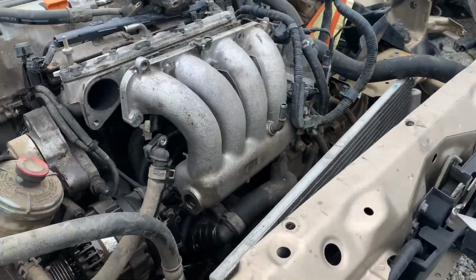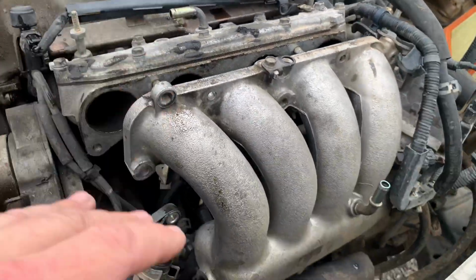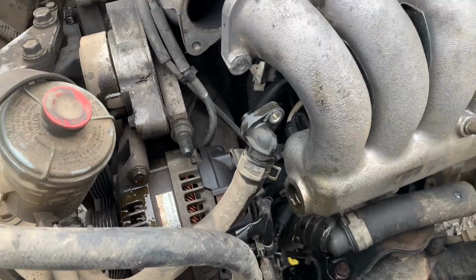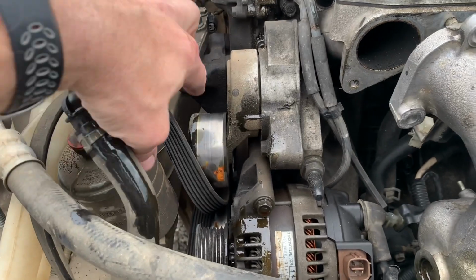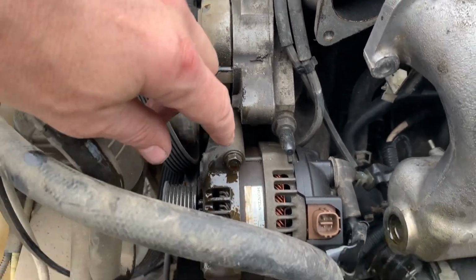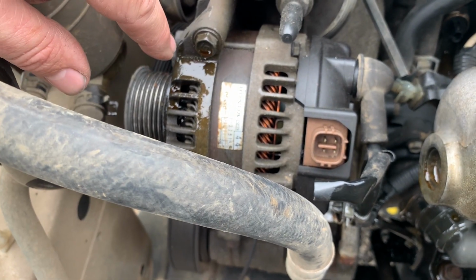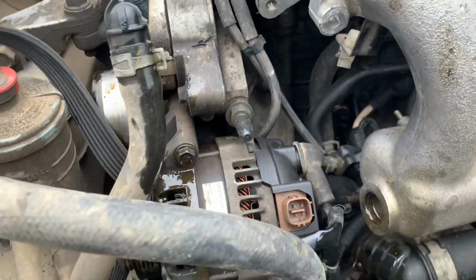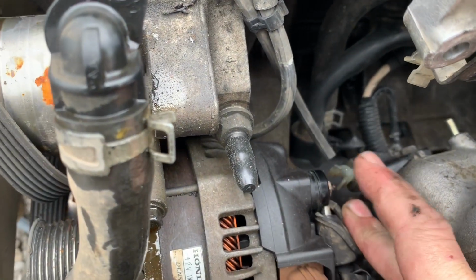Some other parts that'll swap straight over to your Honda, obviously things like the dipstick, the plastics on the engine, the intake, that'll all switch over. This reservoir for the power steering, tensioner. But something that's expensive is this right here, your alternator. This alternator will go straight onto your Honda Element. To remove that, you unhook this plug,